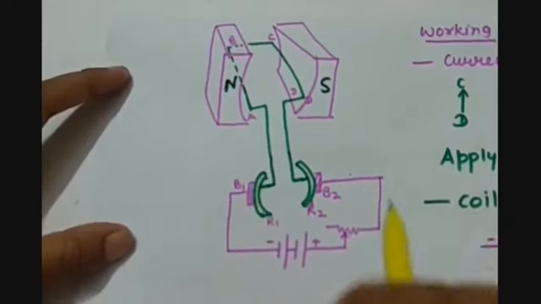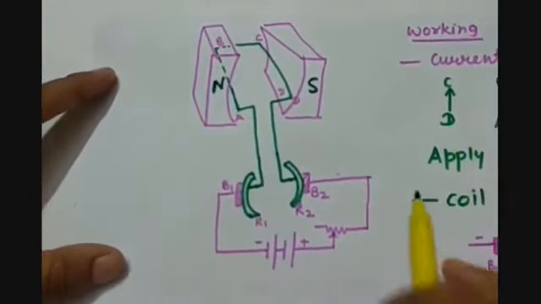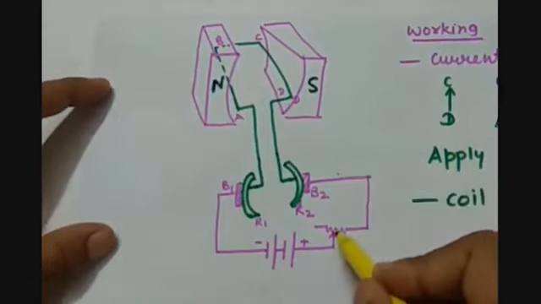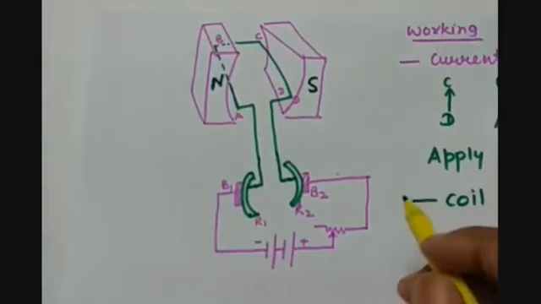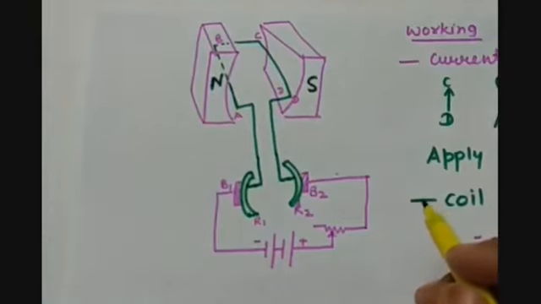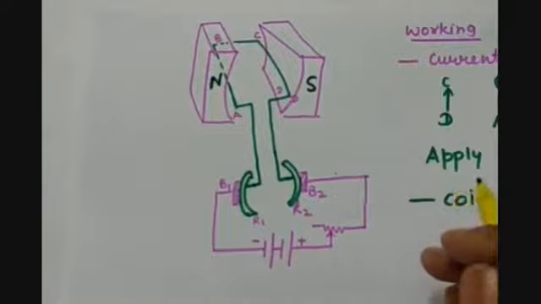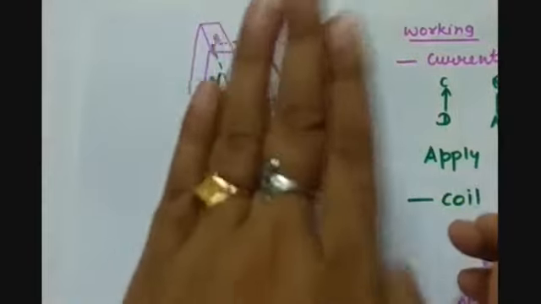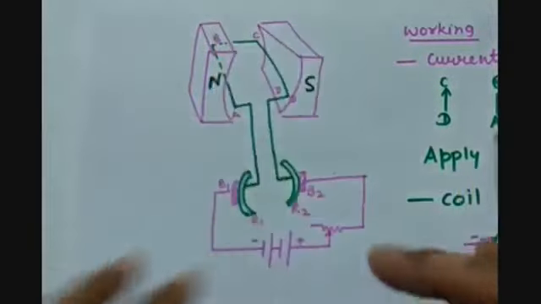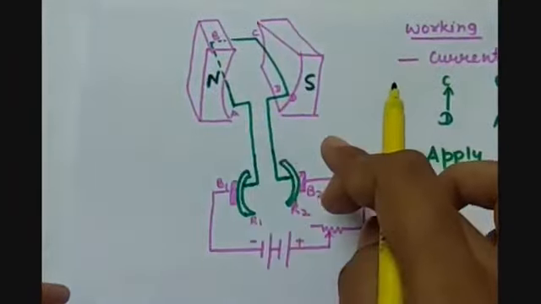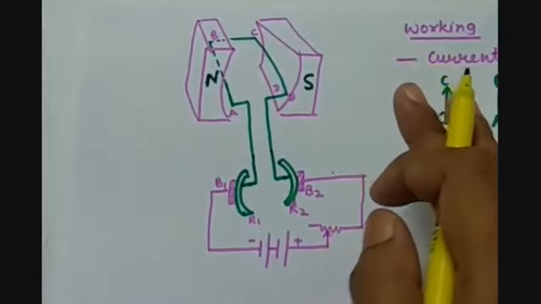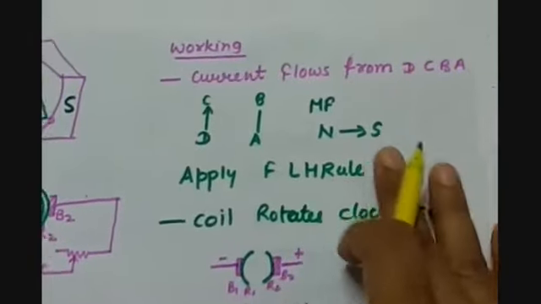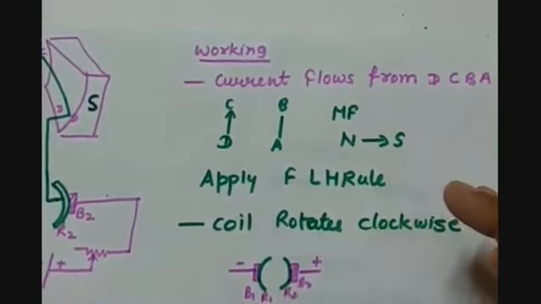To supply the DC energy to the electric motor or to the armature coil, we have a battery. To adjust the current, we have a rheostat. So now let us see the working of the electric motor. Just assume that the coil is first in the horizontal situation. So it is like this now. Now when the current starts flowing in the armature coil, then it starts experiencing a force, and let us see how it happens.